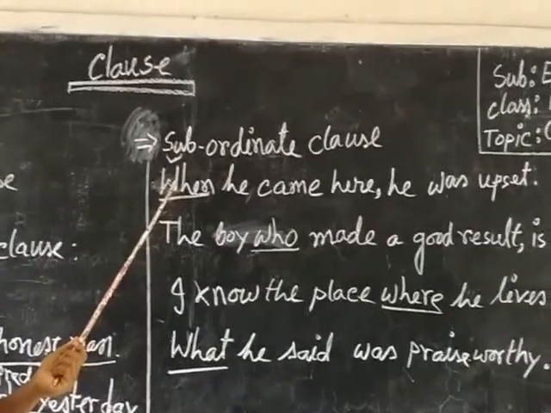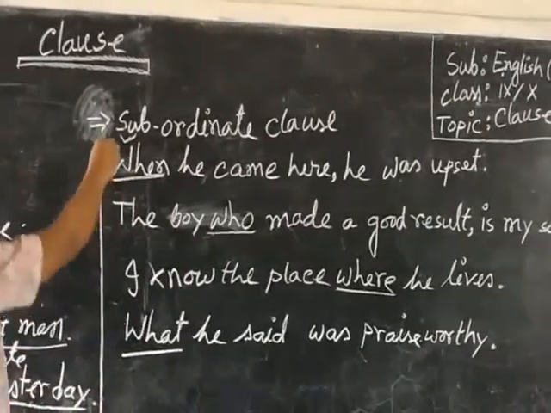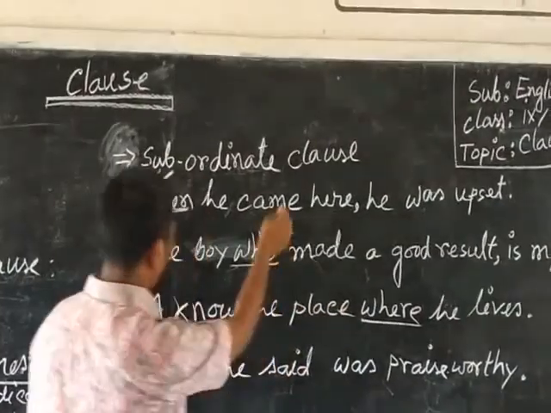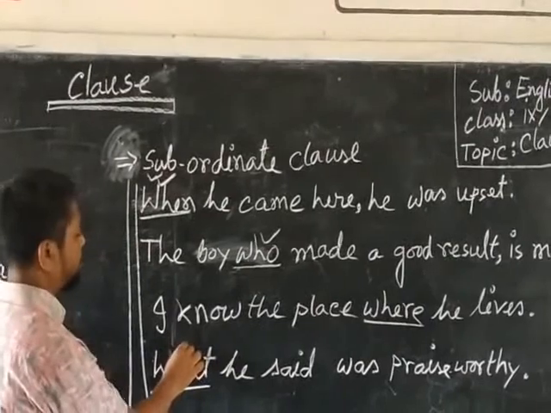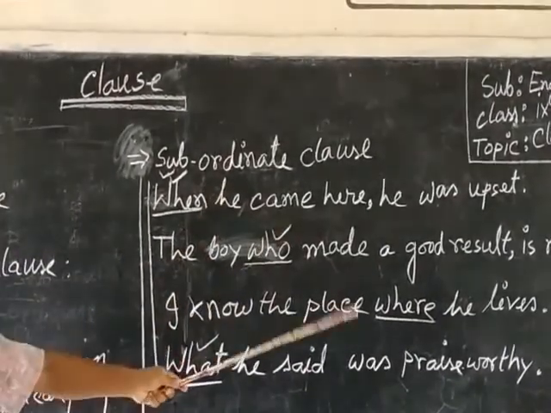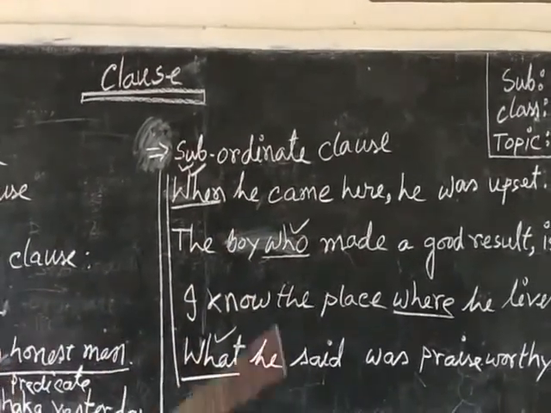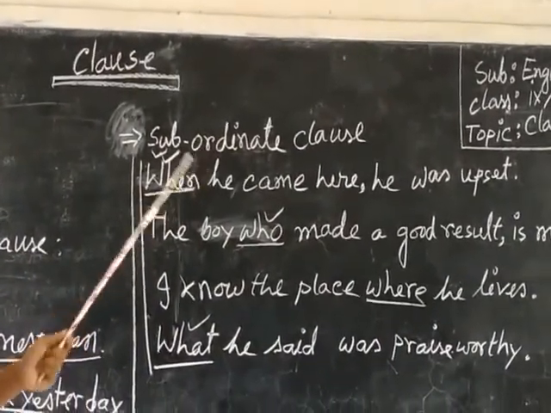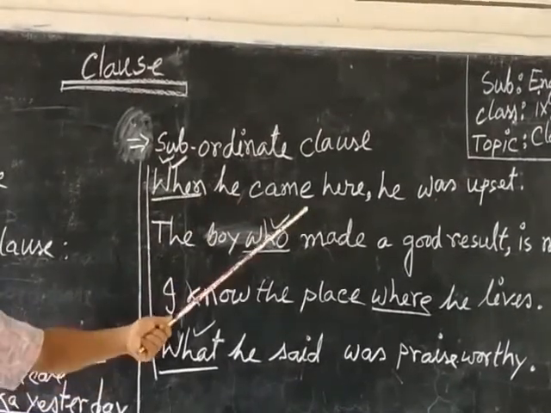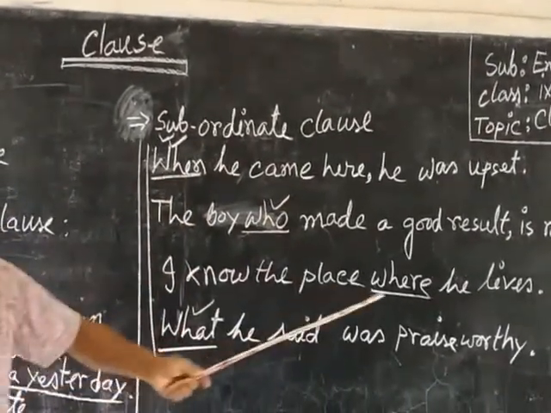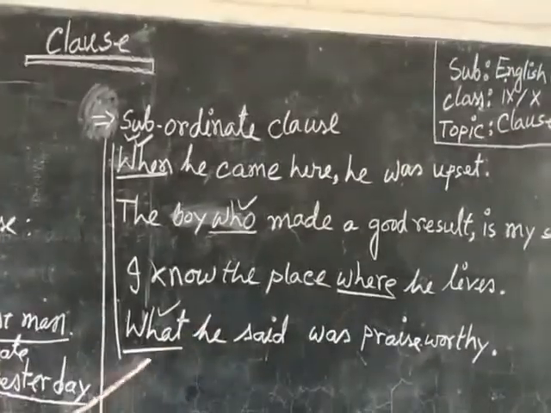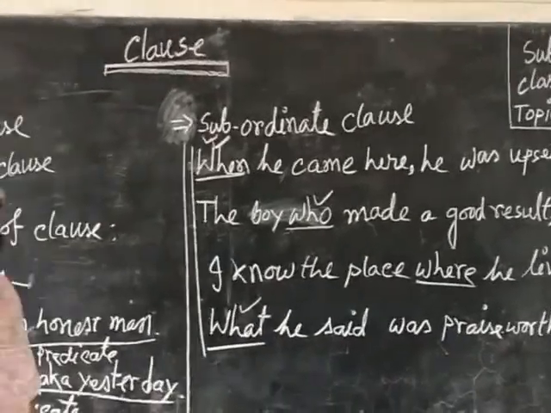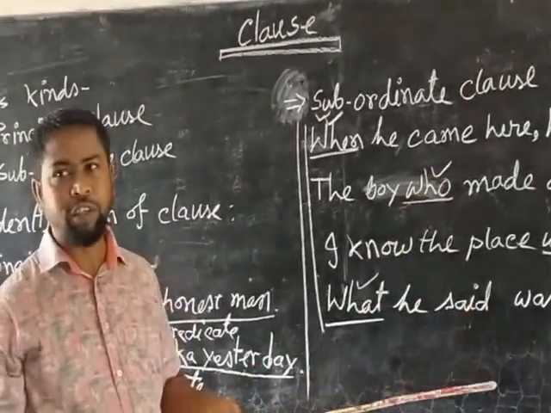In these four sentences, when, who, where, what are subordinating conjunctions. A subordinate clause generally begins with a subordinating conjunction and ends